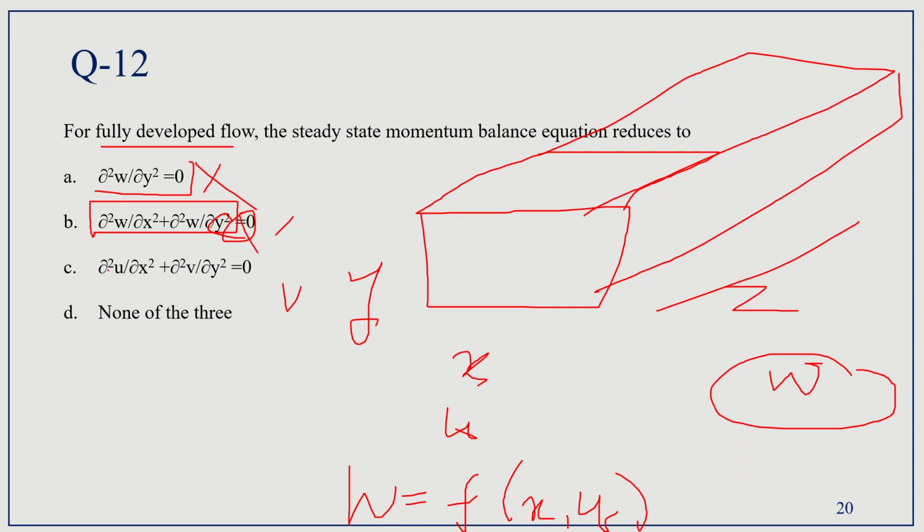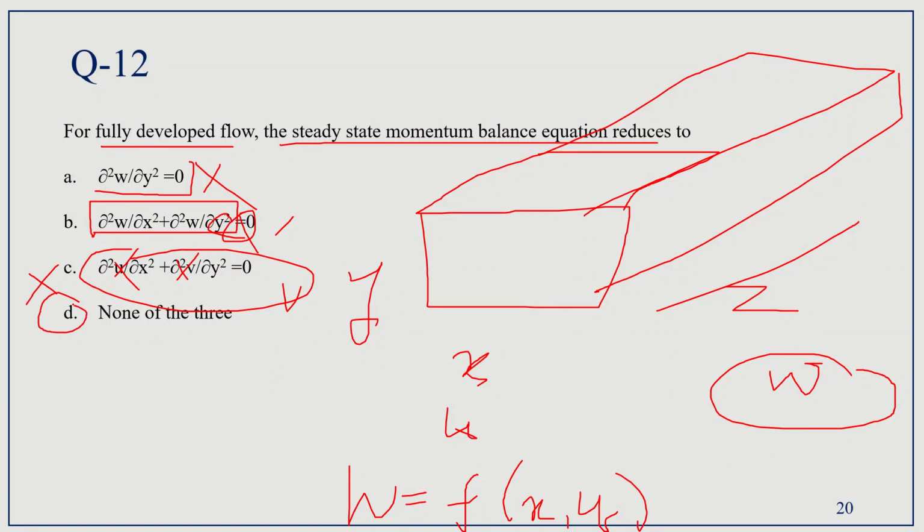Option C, it is ∂²u/∂x² plus ∂²v/∂y². Again, it is not the case. So the steady state momentum balance equation does not reduce to this. So this as well is false, and option D, none of the three is the right answer, because